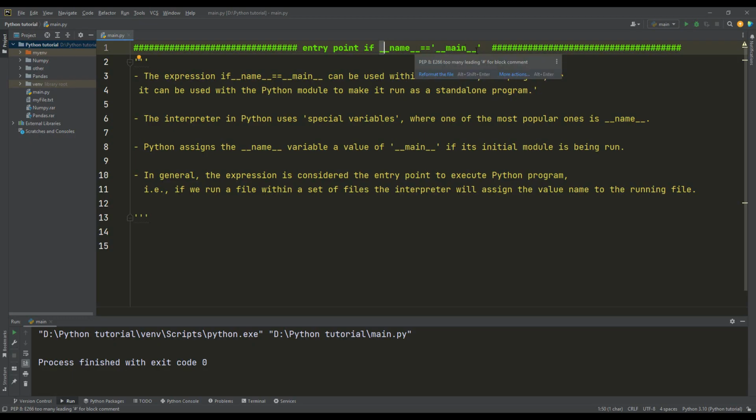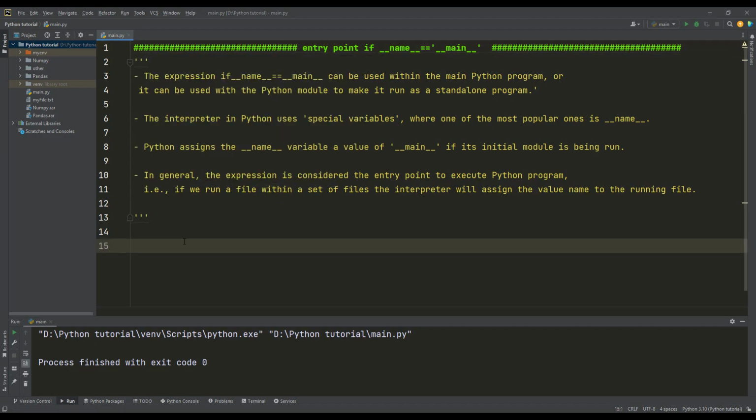What is this expression? This expression can be used within the main Python program, meaning the file that is used for the execution. In Python projects, we usually have subfiles or submodules or sublibraries, and we execute the main Python script from a file, which we usually call the main file or the demo file.